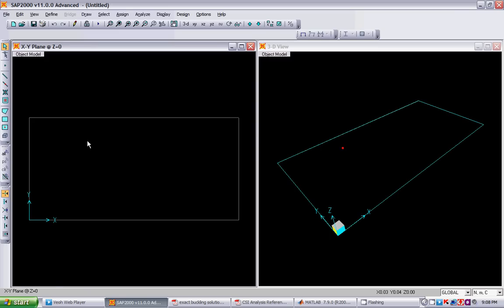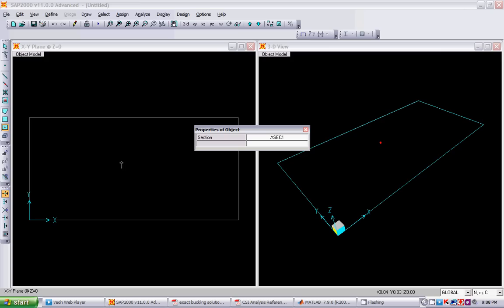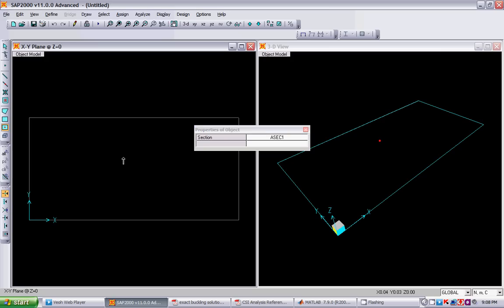So up till now we have been defining only the frame sections, in particular the line sections, but in this case you'll be using another element which is called the area element, and you can select it from the side toolbar here. Just click it and left click on this grid. So an area element has been created. This is the name ASEC1, and like before we define the materials,